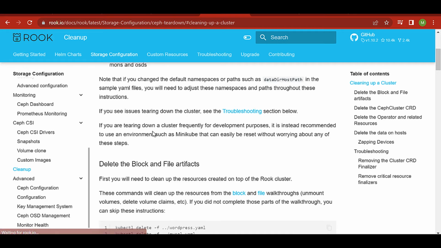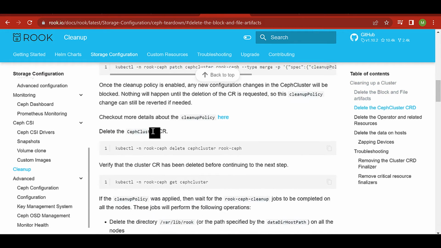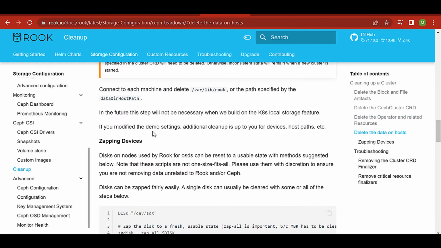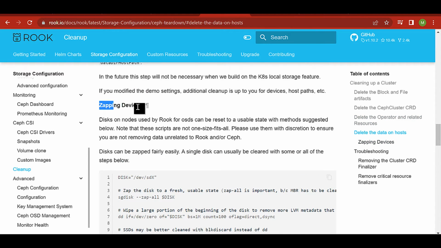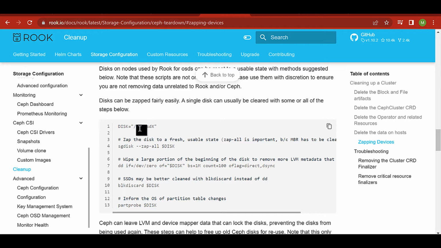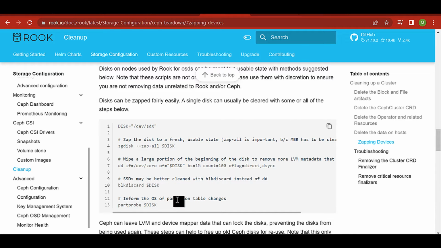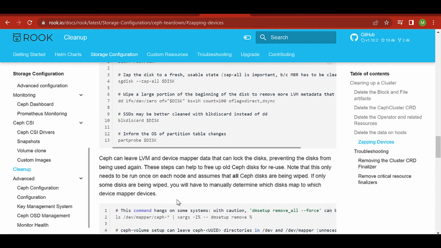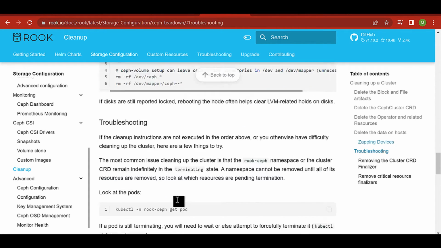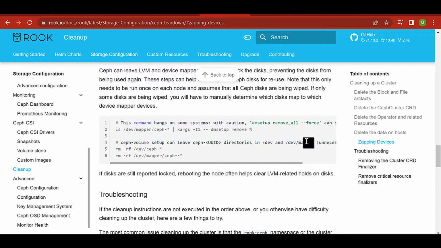Suppose you have an old hard drive that you already formatted and mounted as something, we need to zap the device. This is a procedure given by Ceph. You need to mention which hard drive, like /dev/sdb or sdc. Mention which disk you want to utilize, give it to Ceph, then execute this bunch of commands, and that hard drive will automatically have all the partitions removed, and a normal unformatted hard drive is created by these commands. You can check these troubleshooting guides if you want. Now we are going to see that.